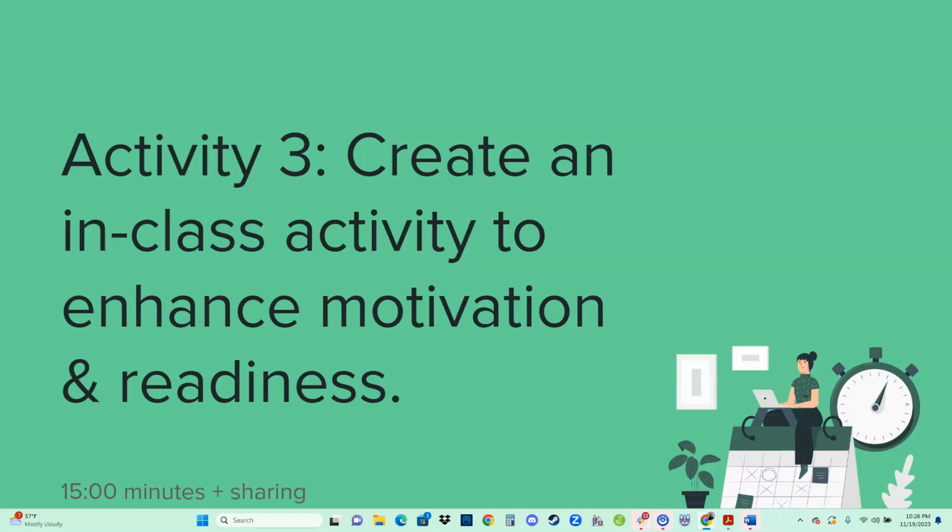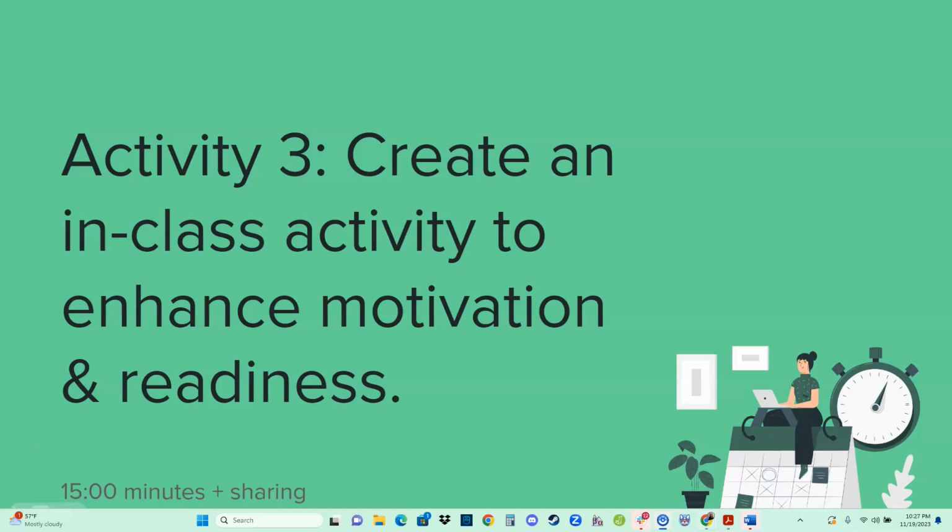So we're going to do another 15 minutes of working in small groups to design either one activity or a couple different activities. Think about all these different elements that you've got swimming around in your head at this point. And then we're going to do some more sharing. So I'll go ahead and pause the presentation.